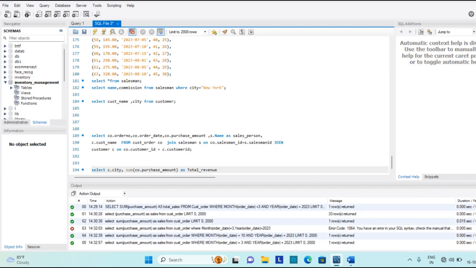and we will name it as total revenue, from our table named customer, for which we have used shorthand C, and another table is our customer order, for which we have taken shorthand CO, on.